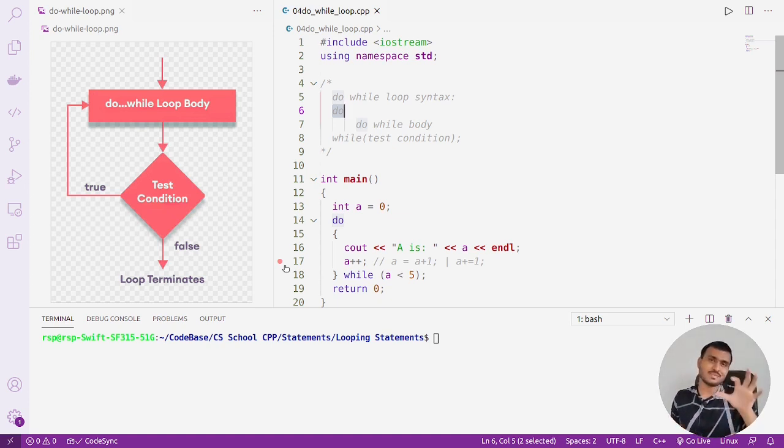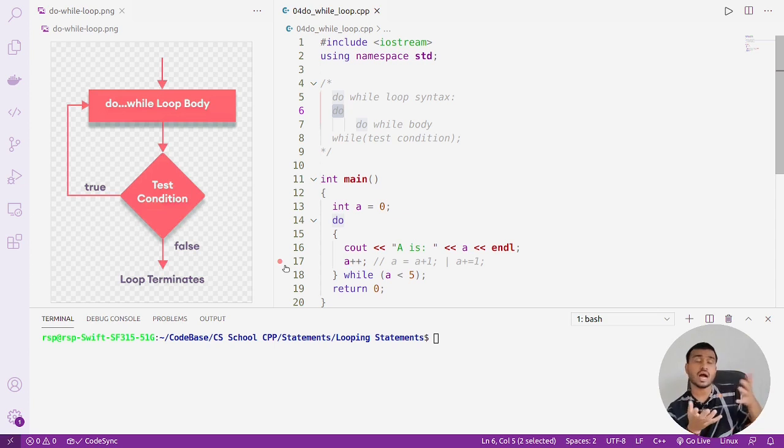Let me give you one small example. Imagine there's a movie theater. There's one type of theater where you first go to the entry, and at the time of entry you need to show the ticket, and then you are allowed to enter the theater if your ticket is valid. If your movie ticket is valid, then and only then is the entry allowed. This is one type of theater. Another type of theater is something like this. You go to the theater directly without checking anything, without showing any ticket. You go, sit, enjoy the movie, and then at the time of exit, when you are exiting from the theater,